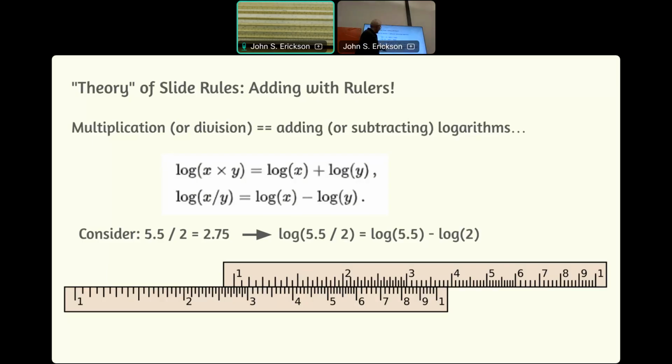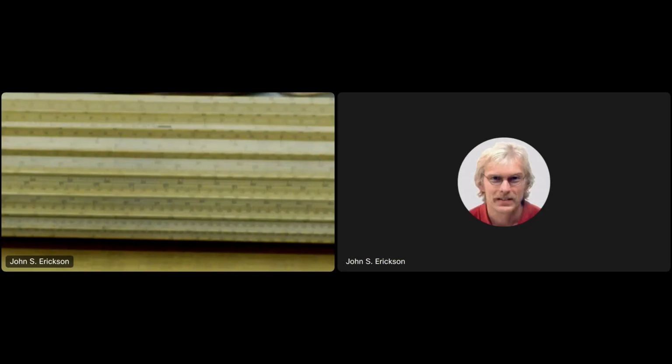So when we're using slide rules, we have to keep track of the powers of 10. We have to juggle those in our heads. There's no other way to do that. And sometimes the scale is such, if we have the low,